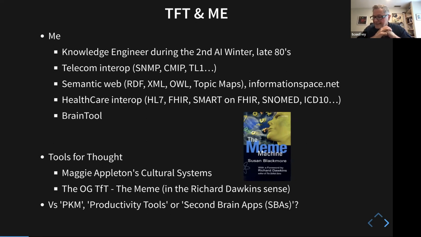Memes are the ideas and patterns of thinking that bootstrap our mind. So the idea of a map, the idea of a number, the idea of a written expression. So "tools for thought" is a very lofty term in my mind. BrainTool is not a tool for thought in that very high-level conceptual sense. More like personal knowledge management, productivity tools. I do like this term "second brain app,"